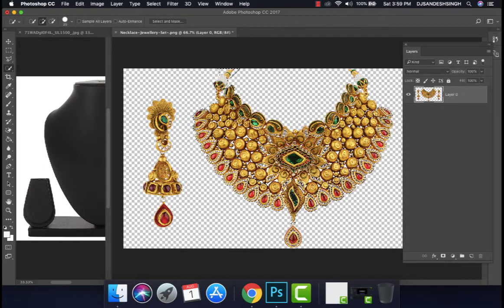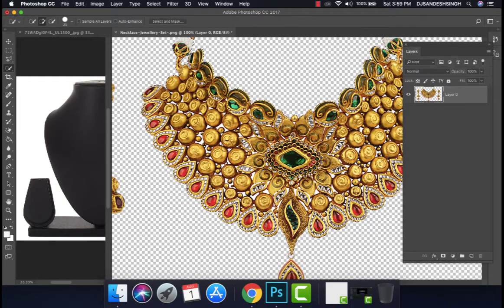So we have to be very clear to select all the jewelry elements. You can even make a selection by pressing Ctrl plus to zoom in, so you get a very clear view to select this particular jewelry. So we have to consider a proper selection of the jewelry. You have to select each jewelry element properly, making an outer selection of this jewelry. Because the jewelry has more details, we have to be very careful while doing the selection.